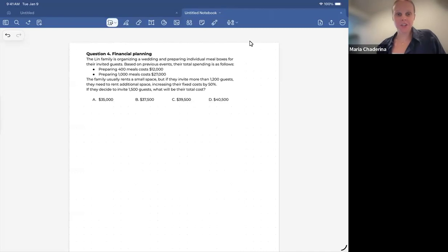And the next question in our agenda is question number 4. Official title of the question is financial planning. This is one of more of the kind of econ type of questions, more than the finance, in my honest